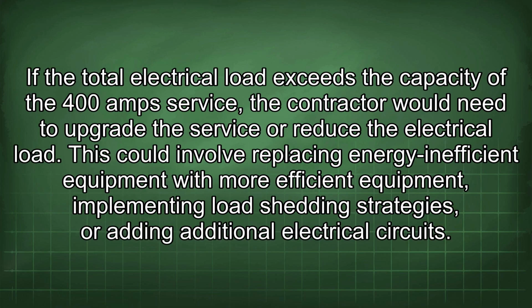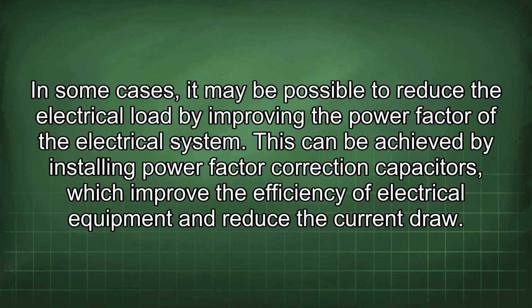If the total electrical load exceeds the capacity of the 400 amp service, the contractor would need to upgrade the service or reduce the electrical load. This could involve replacing energy inefficient equipment with more efficient equipment, implementing load shedding strategies, or adding additional electrical circuits. In some cases, it may be possible to reduce the electrical load by improving the power factor of the electrical system. This can be achieved by installing power factor correction capacitors, which improve the efficiency of electrical equipment and reduce